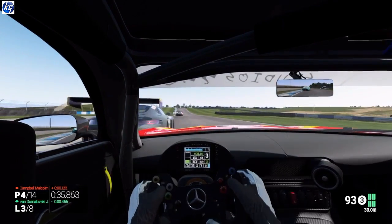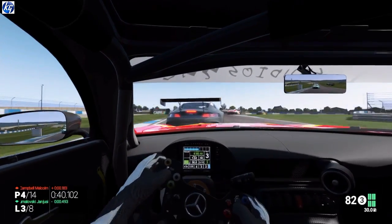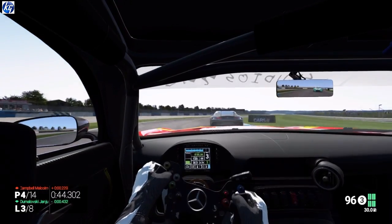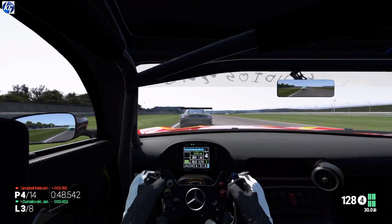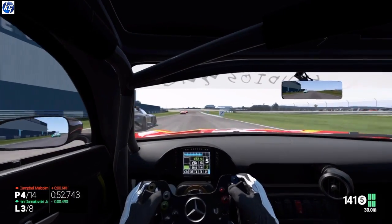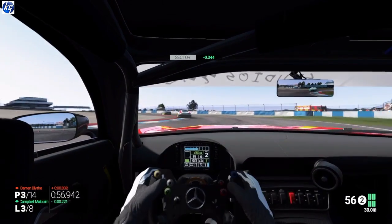Hopefully we can push this car a little bit more to try and win, but I've got to also be careful, because like I said, it's alright after a couple of laps when you warm up the tyres, but it's still a little bit unpredictable around the slow corners. But we haven't had any scares just yet. It's been okay. Hopefully I can keep on going, but as the race goes on, I do tend to try and push it a little bit too much, and I try to get up the inside of there,